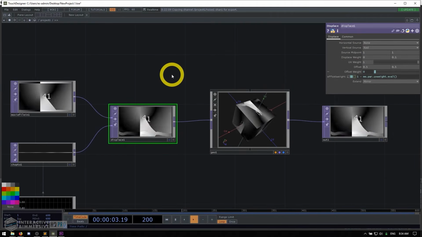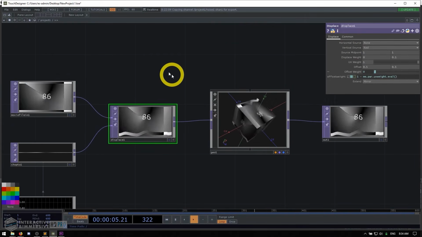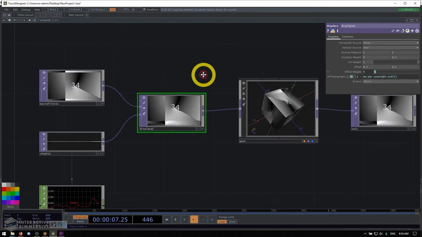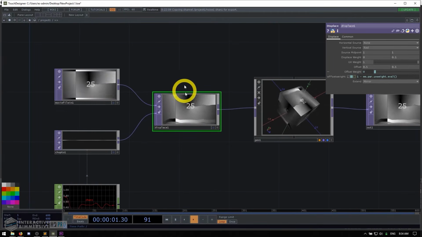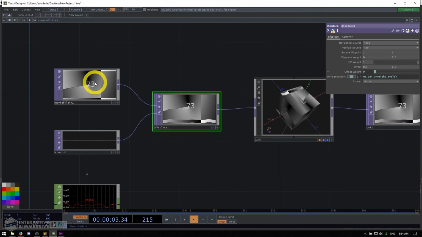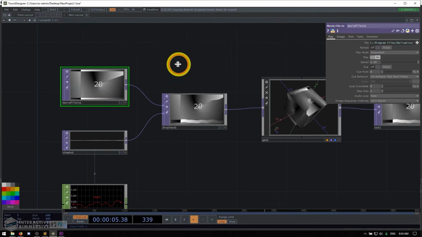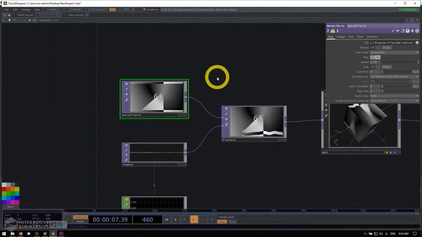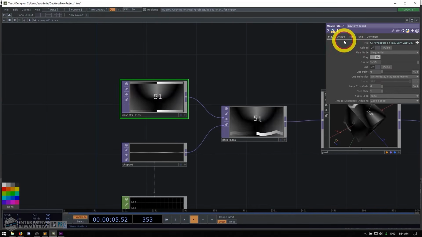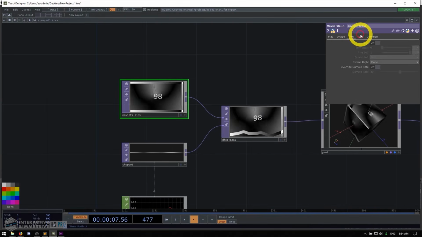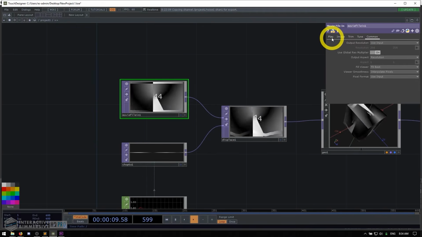So the final thing we want to learn about parameters and operators is that there's something called the operator info modal. And what that is, right now, let's say we have this movie file in. How do we know what the resolution is, what the frame rate is? How do we get information about this operator? We have access to all these parameters, but within these parameters are things we want to control. There's no information area of the parameter.